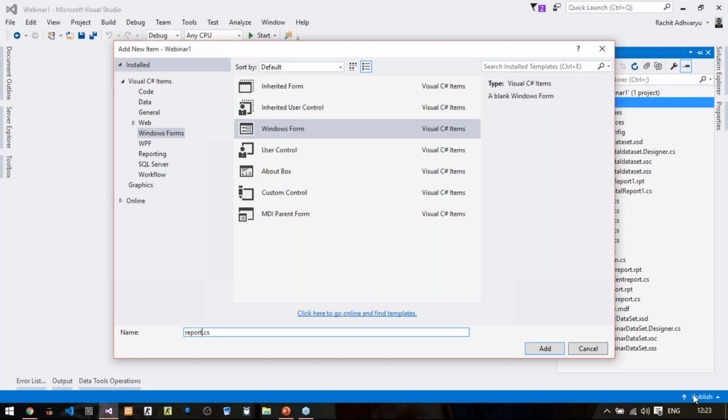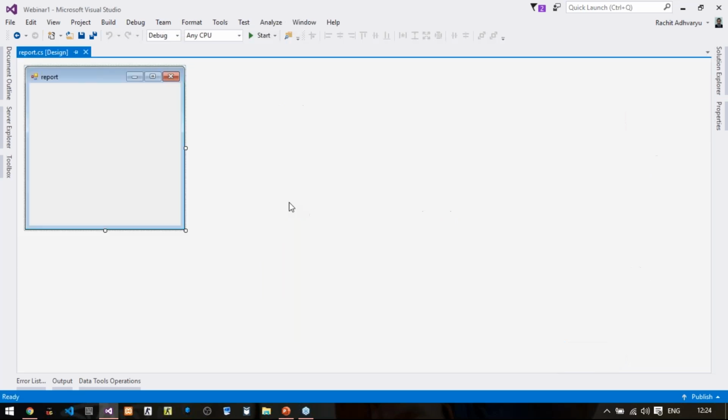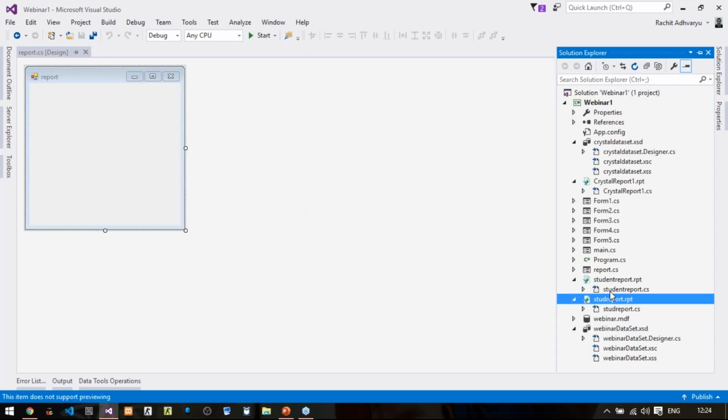Before moving to this code part, there is one question. So I'm just going to my report, stud report. Here, Heli, see, these controls were automatically generated by your Crystal report. So this is called push method.